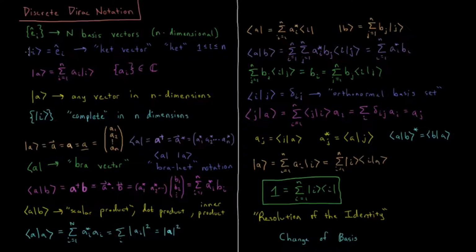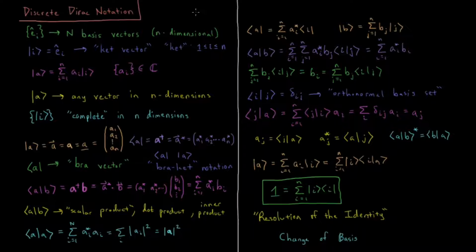In Dirac notation, we have a vertical bar, then i, and then a closed bracket. That's going to represent a particular basis vector. This particular type here would be a ket vector, or a ket. And i would be an integer somewhere between 1 and n, representing one of these individual